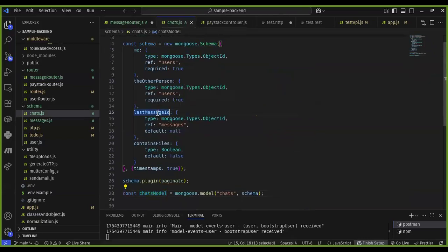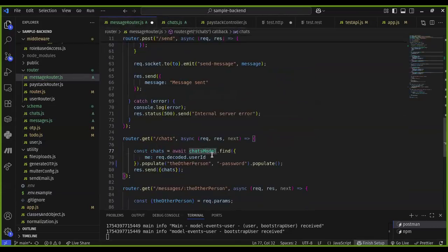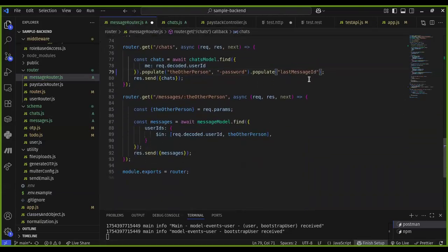Okay, it's already populated, it's already referring to that here. So I'll come here and say I want to populate the last message ID, because the last message ID will now show the last message, right? And since I'm not using created at and updated at,